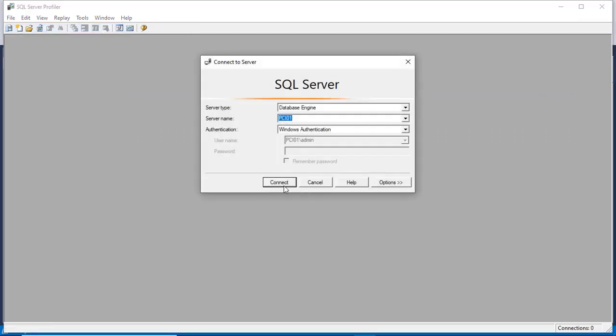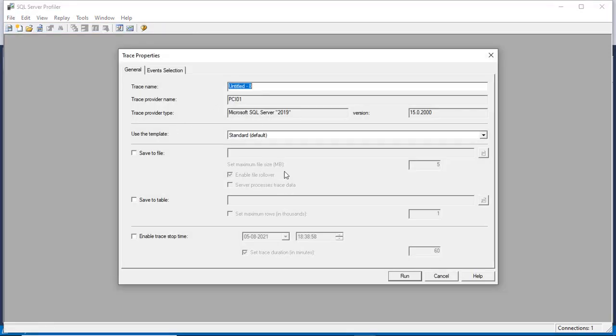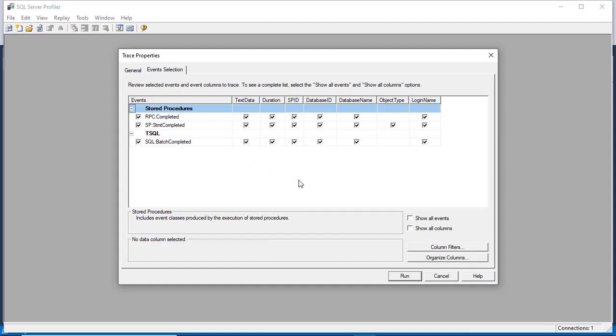Now we check another example. New trace, Tuning. This time I have to trace only those SQL statements which are doing some activity on the employee table. It means I need a filter. Here in column filters we have the columns text data, duration, SPID.